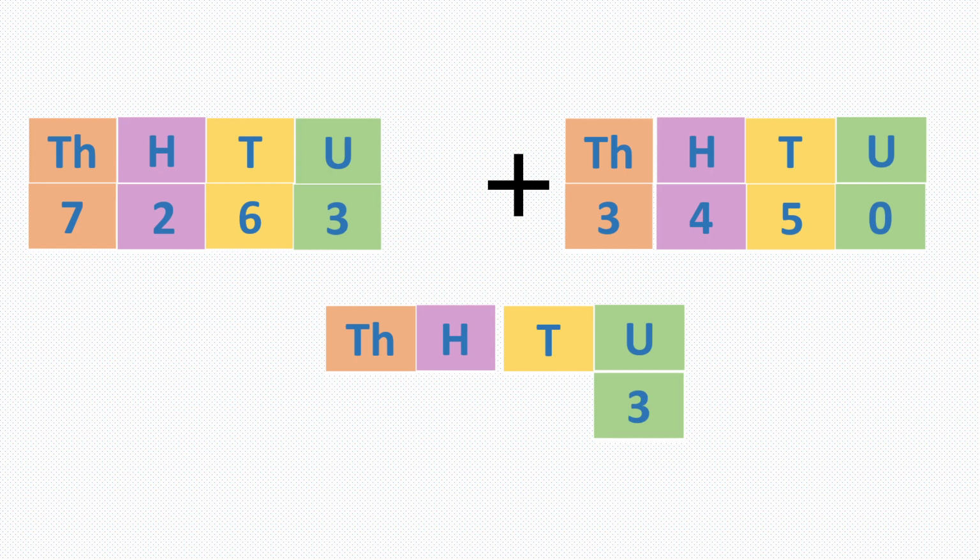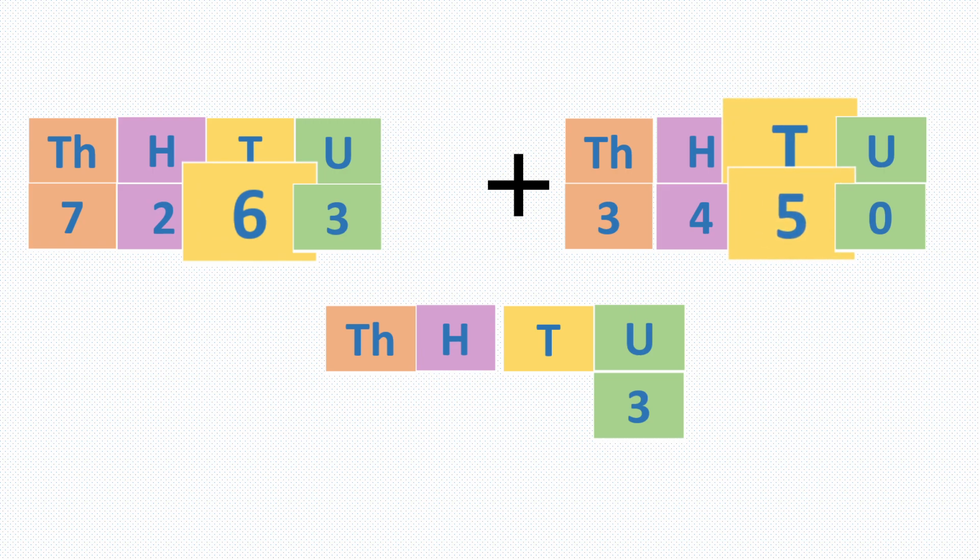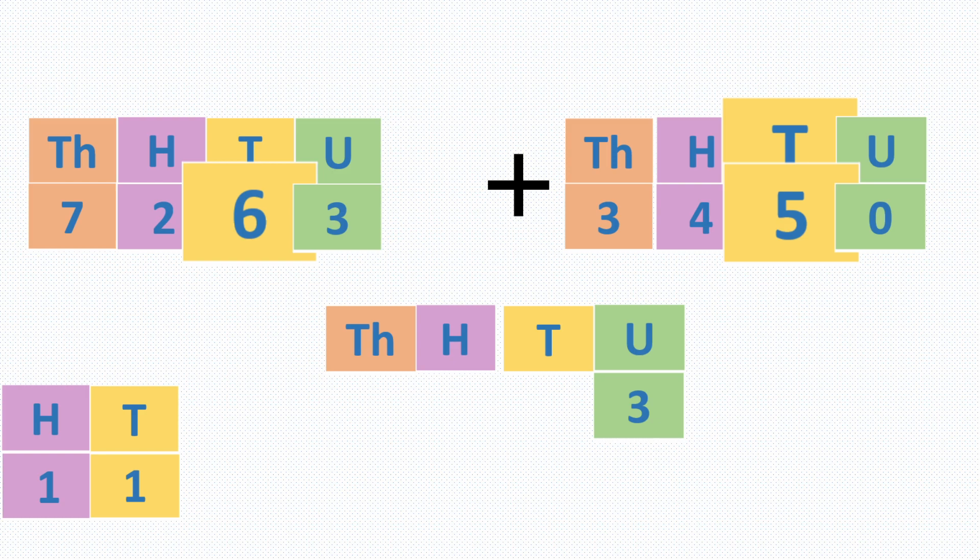Now let's add tens. We have 6 tens and 5 tens. Can you see? Now what is the sum of 6 and 5 tens? 6 and 5 is 11 tens. Again, 11 tens is a 2-digit number. We should split it up as 100 and 10 tens. Here also 100 will go to the hundreds house as a guest and 1 ten will go to its tens house.